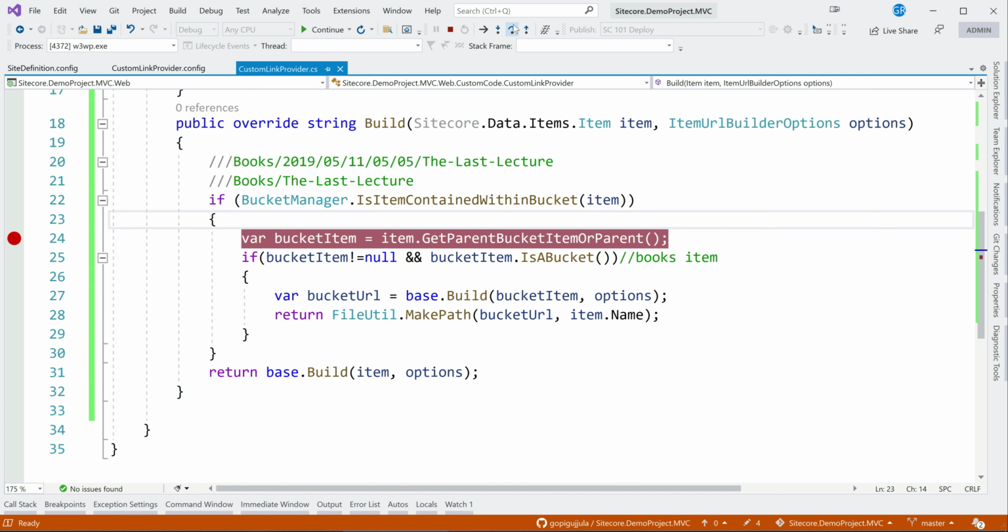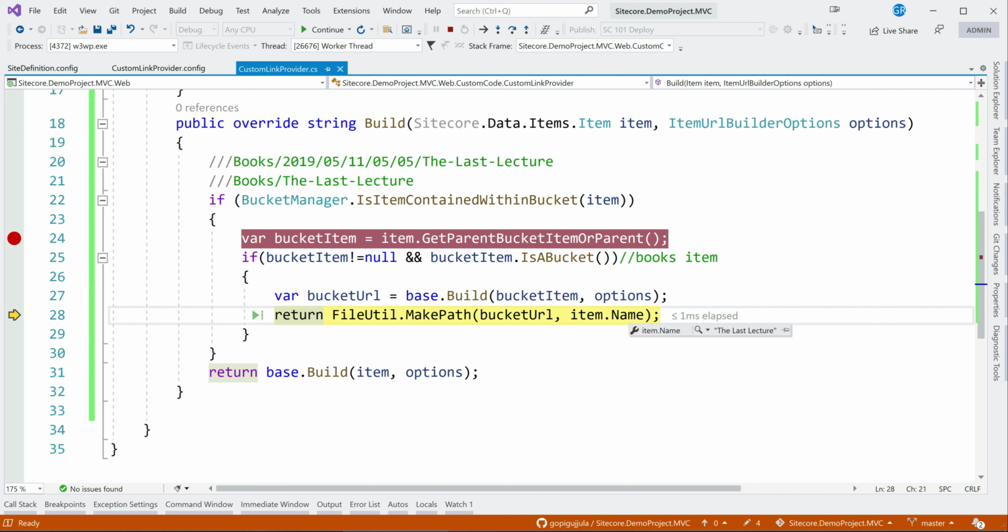Okay, so the bucket URL would be in books, and we are adding the item name. Now there is a catch here, item.name. So it is coming as last lecture with spaces. We can also add a replace and whatever, but finally we are getting the URL here.